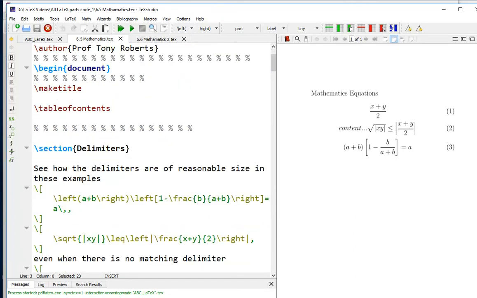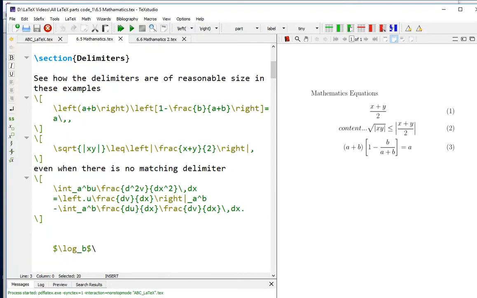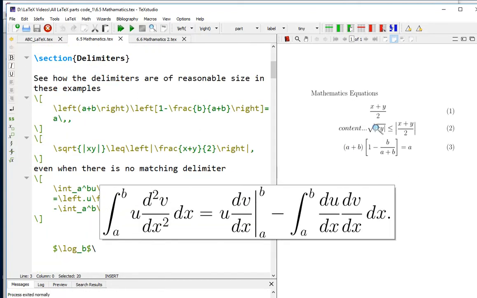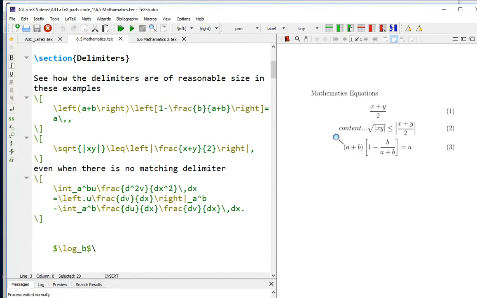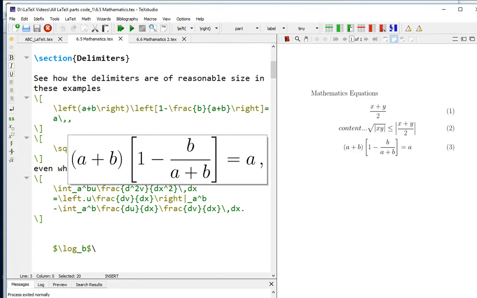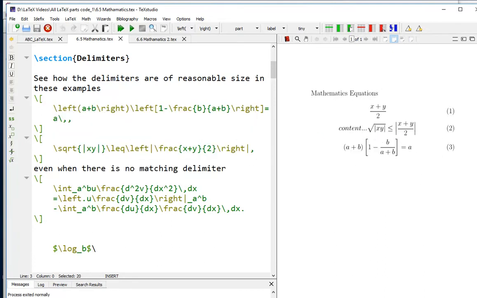Now, here is begin document, so automatically the make title is shown over there. And a table of contents, if we need to show it, then we can display it. Otherwise, the important thing here is how this component is being displayed. Based on this, you can see a command being shown with respect to fractions.